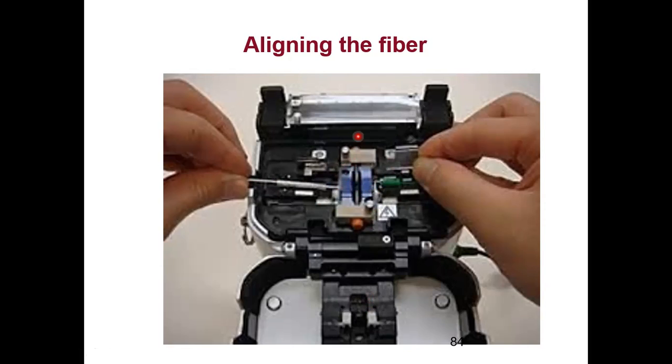And then you close this. You have to close this lid, and there is a button. Okay, so once you press that button, the electric arc will be generated, and in the display you can see electric arc is being generated. So the arc exactly real time picture will not be shown, but there will be an indication that arc is generated, the fiber end is softened. Okay, it is fused, and this arrangement will automatically do the pull test. So it will automatically pull and check whether the fiber is joined or not.